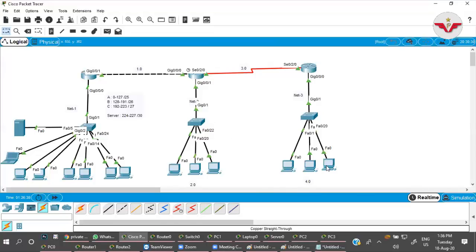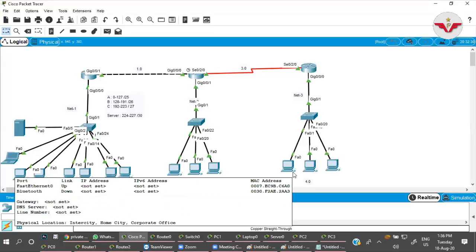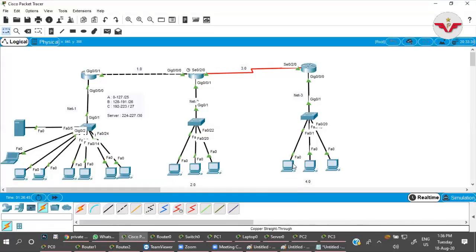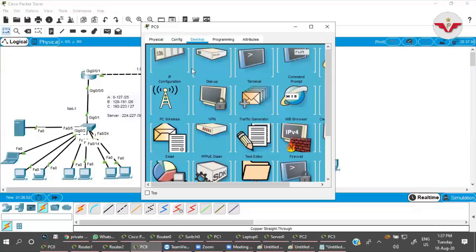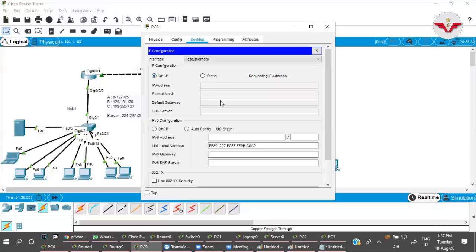Sir, in the same way, can we give relay for the router and switch also? Yes, definitely. I will give the IP address to VLAN 1 as well. First of all, give the IP address here. I'm getting 4.2.